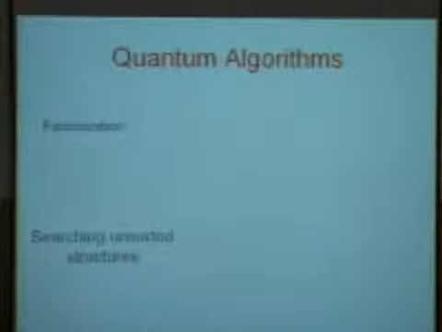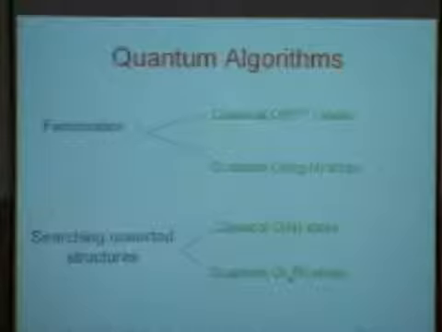And the other algorithm which I'm going to talk a little more about today is that for searching unsorted structures. The classical complexity of the factorization problem is n to the 1/3. N is the number to be factored, and the simplest classical algorithm for factorization is to start with 1 and go looking, try out every number until you come to one that divides the number. And if you don't come to any number, then that means that it is prime.